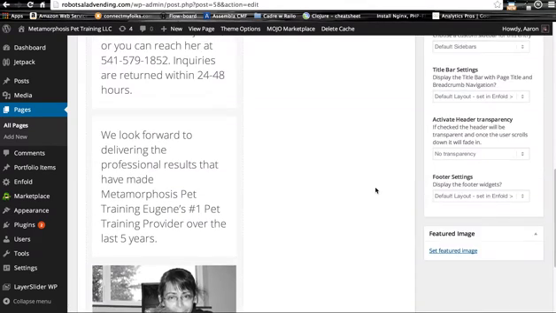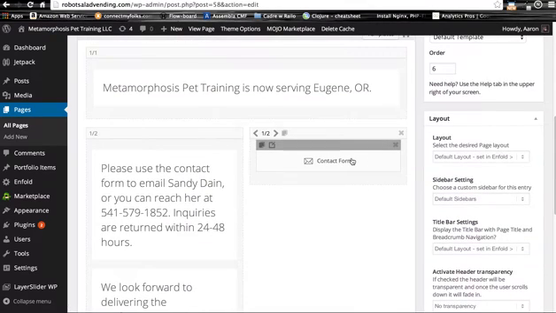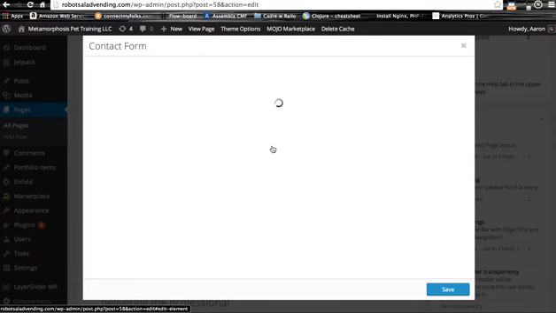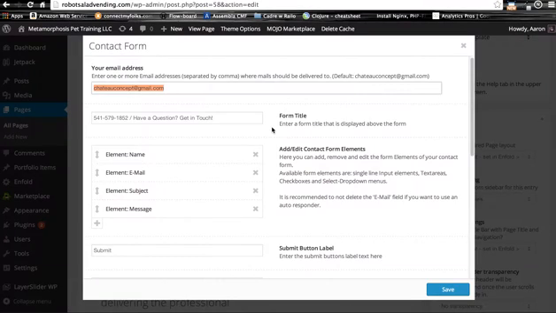Now because the contact form has pre-built properties, I can click the little edit element icon. It's going to pop up another window, and right now when emails are sent to this form, they're going to go to my email address. So one of the first things you can do if you want to get comfortable editing, or we can just do this in person if you don't feel comfortable yet, would be to replace this with your email address so that the contact form itself actually goes to your email.